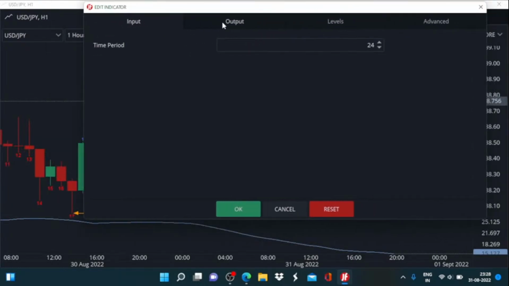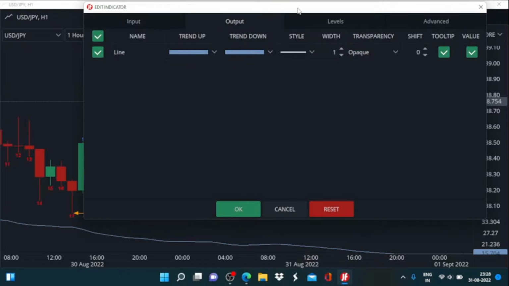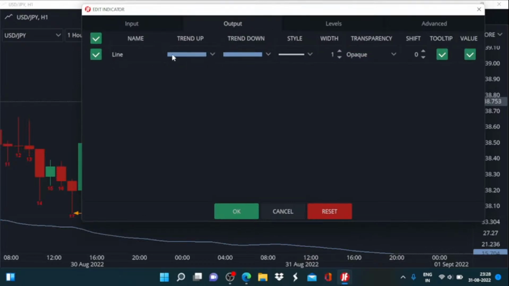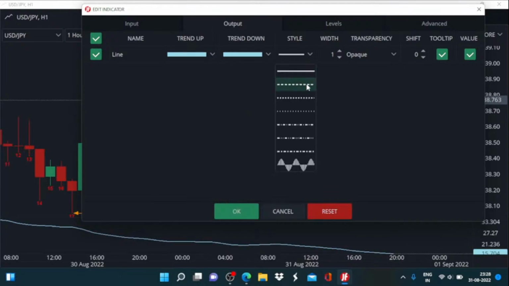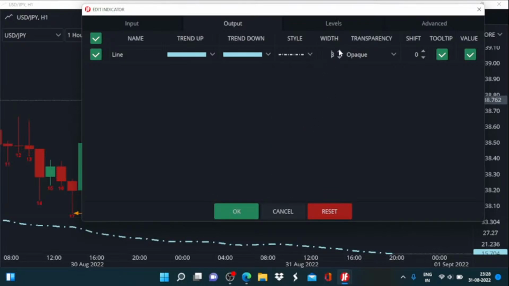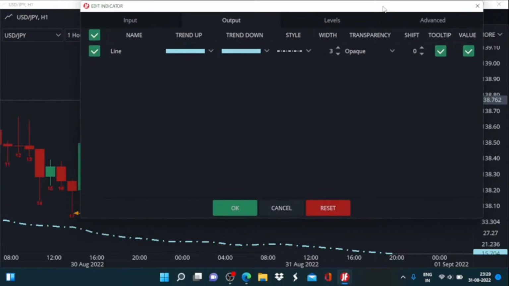Now coming to, let me restore it to 14, and then we have the output. So line, we have trend up and trend down. You can change the color combination, you can go for different color combinations. We have these styling options provided to us,